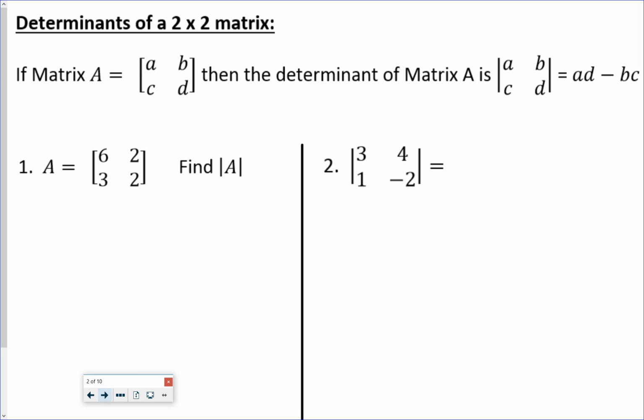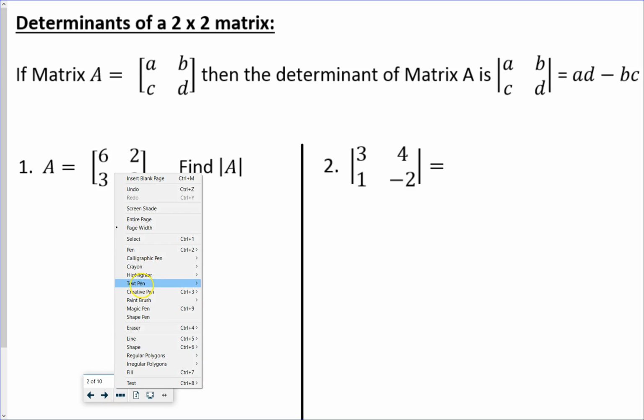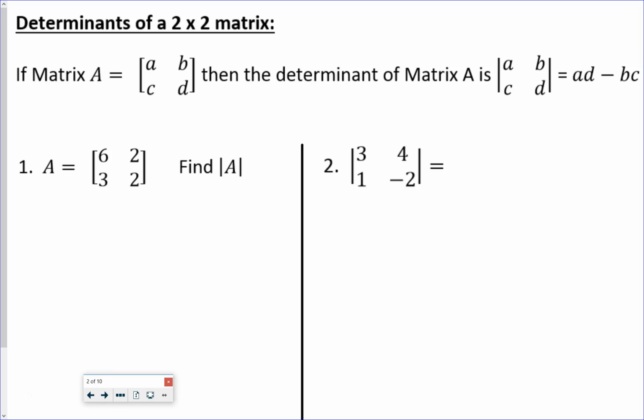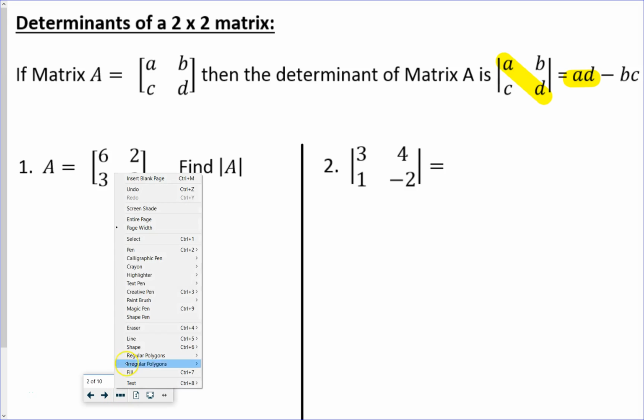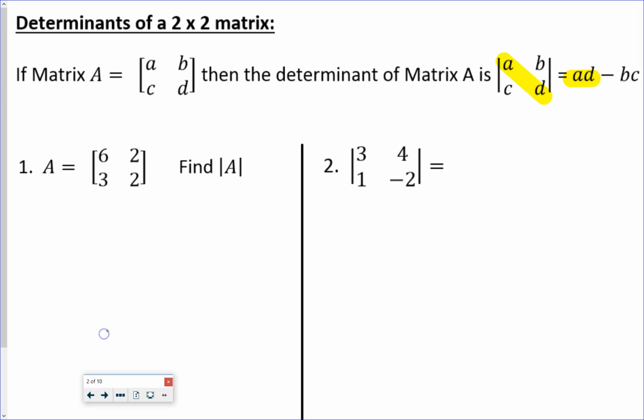To find their determinants, what we're going to do is follow a pattern each time. We're going to take our first diagonal, multiply those numbers together, and then you're going to subtract the second diagonal from it. Okay? So you will always do A times D minus B times C. Okay? So looking at these guys,